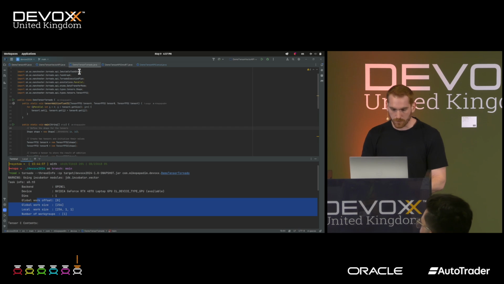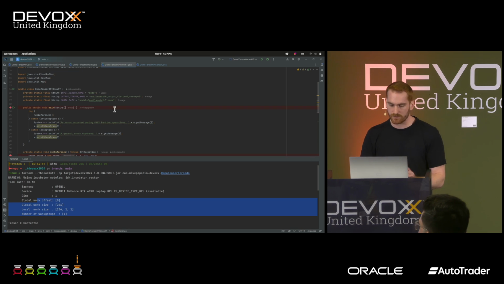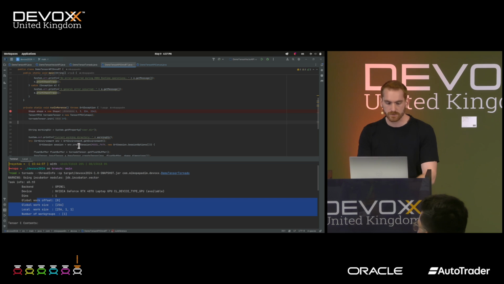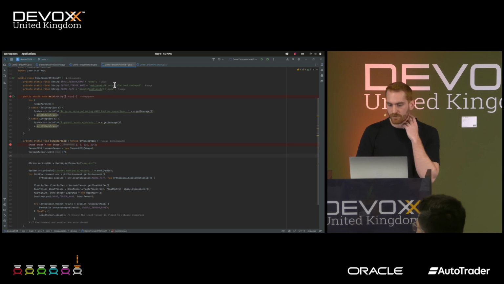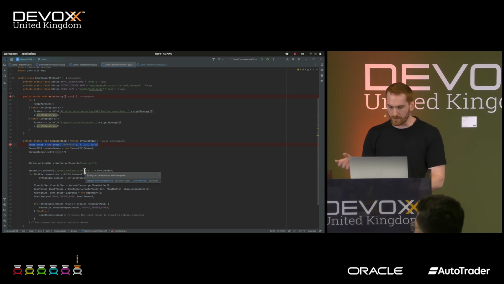And the final compatibility aspect is Onyx runtime. So we use the Java bindings for Onyx runtime. And we got a model directly from Hugging Face. It's a MobileNet, it's a computer vision model. And we create a tensor, a 4-dimensional one this time, and we're going to run the inference of the model based on this.